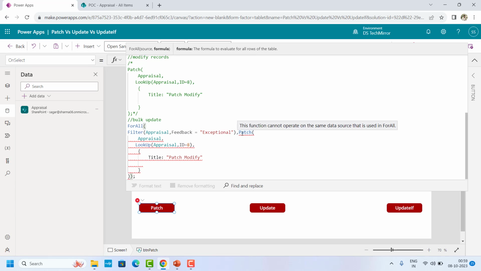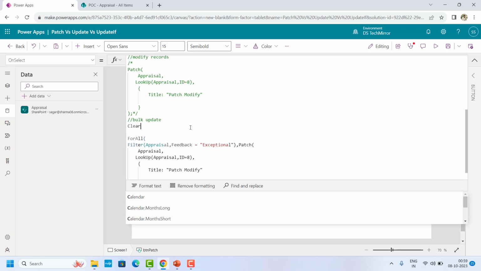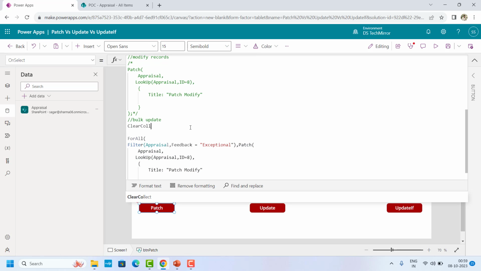Let's see what is the error. The function cannot operate on the same data source that is used in ForAll. To overcome this, because it is saying ForAll is operating on the same data source, and inside this also we are modifying the same, what I can do is use one collection. I will say ClearCollect,